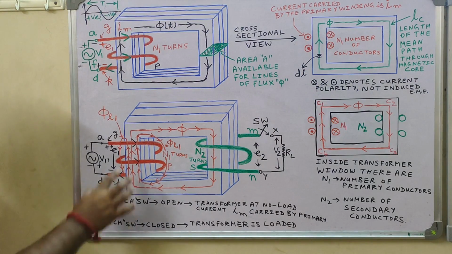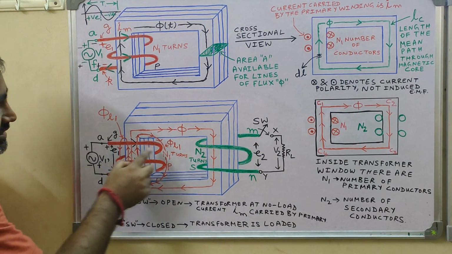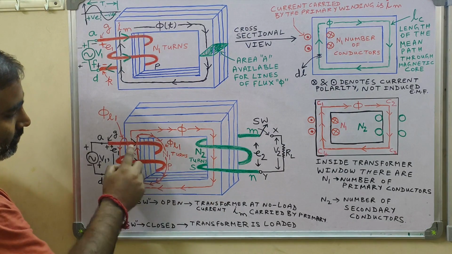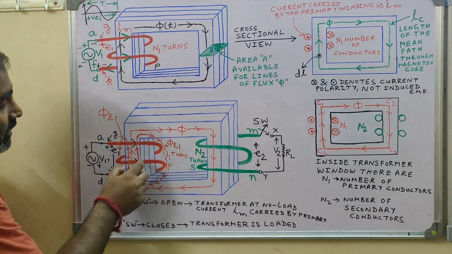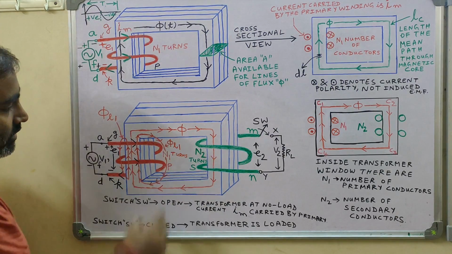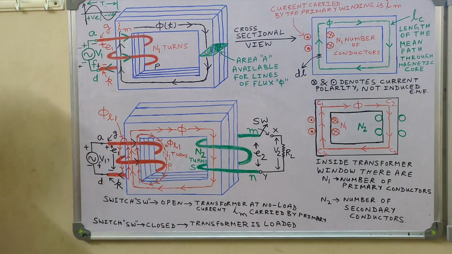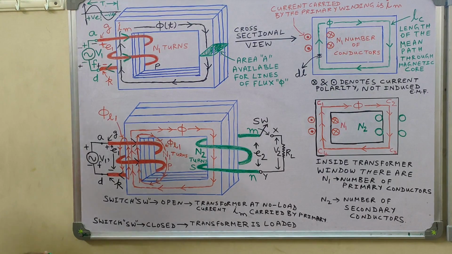Now the flux which is linked by the primary and secondary coil is the same, but the only difference is in the number of turns for the primary and secondary coils. So if the number of turns is changed, then the induced EMF in the coil will also change, because you know that from Faraday's law of electromagnetic induction, induced EMF E is proportional to N into d/dt of phi.